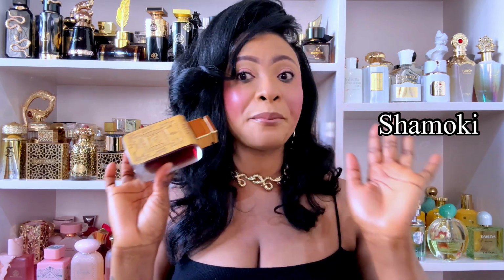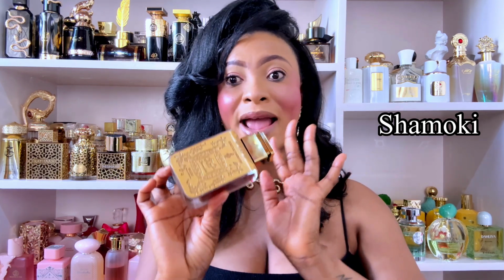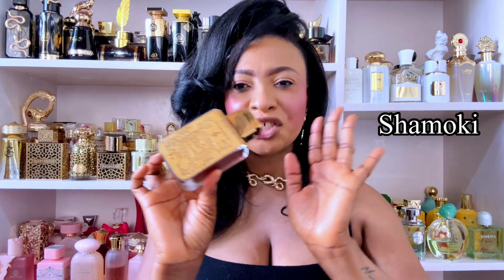I get a whole Pink Sugar similarity, but I think it is quite different. It is in the same Pink Sugar family, but it is quite different. What I'm going to do is to compare this one. I'm going to do a review where I compare this to Soft by Arihab, the original Pink Sugar, Spirit of Timbuktu by McBancy, and then I think a few others along that line. Kurafi from Lattafa. I'm going to do that comparison, but this is going to give you a general feel of